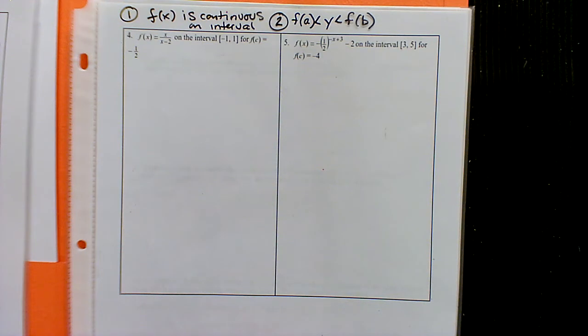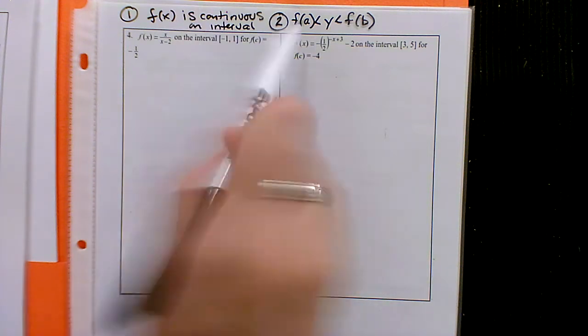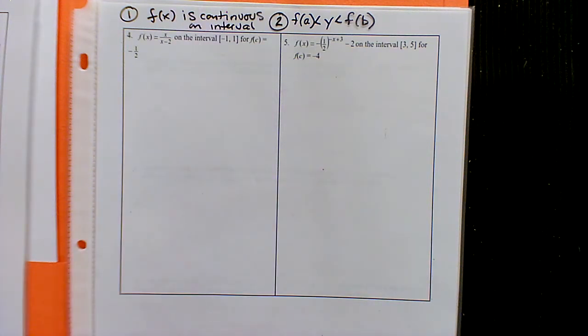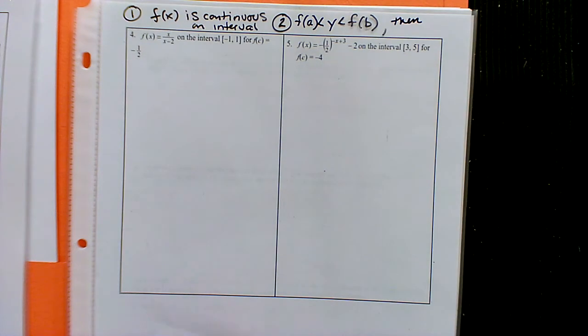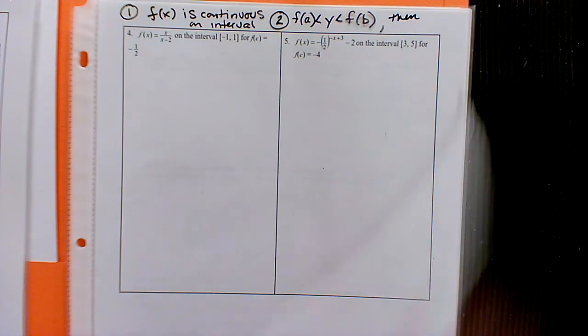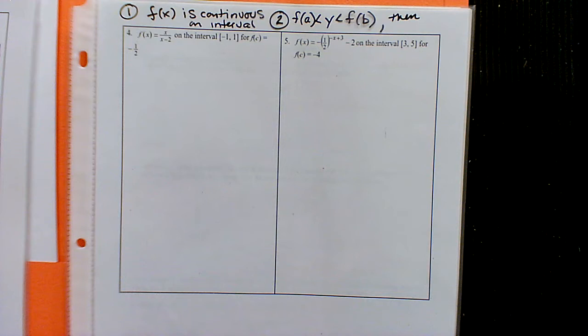If you think about your science classes, like those if-then statements, hypothesis, conclusion type stuff, these two conditions are your if statements. If these are true, then what? What's your conclusion? Go ahead, Dan. Then there exists at least one value, x equals c, between a and b, such that f